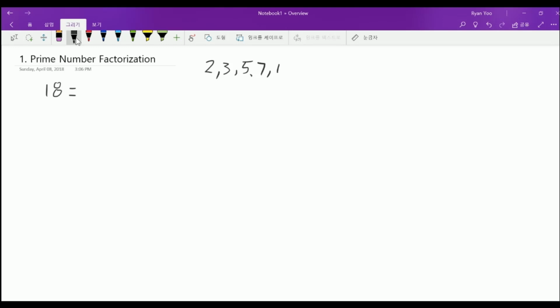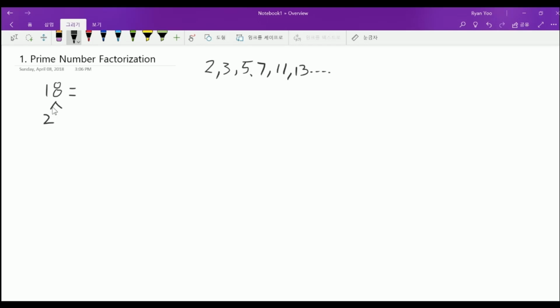The next one is 11. 12 is not, because 2 times 6 is 12, and 4 times 3 is 12. The next one is 13, and so on. So when you go back to the number 18, to do the prime number factorization at the elementary school level, we use something called a tree diagram. You draw two arrows,